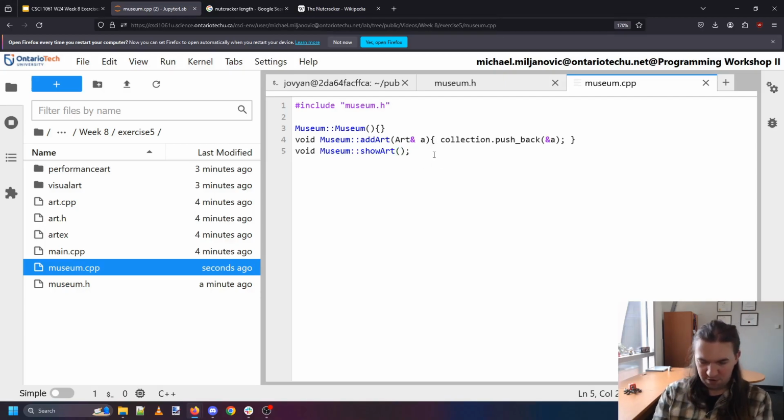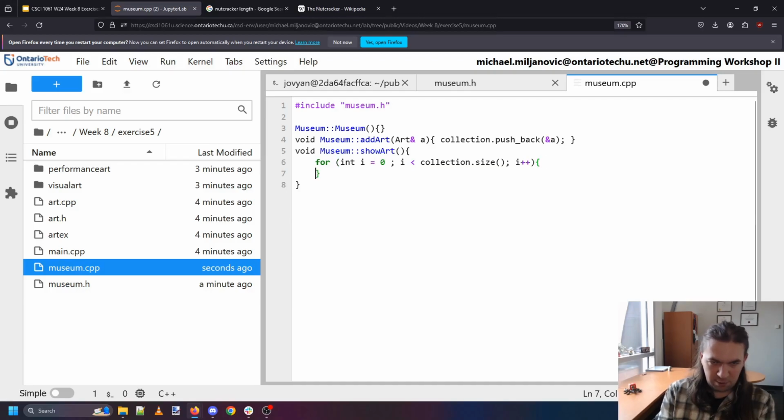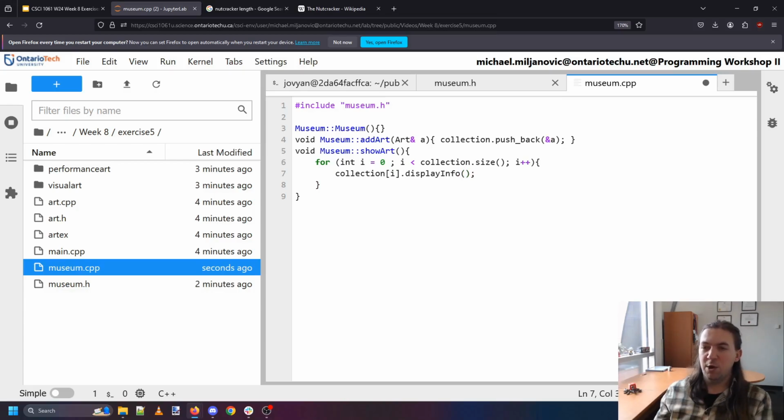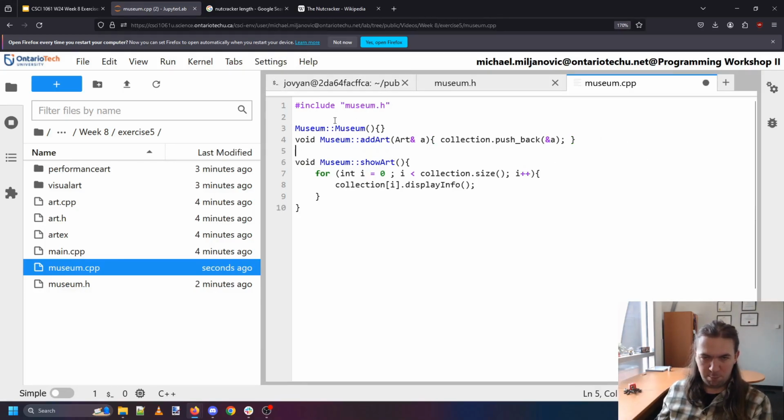And now show art is pretty simple. For i is 0, i is less than the collection size, i plus plus. Collection i dot display info. And this is nice because remember, all of our art has info that we can display. So if we've done this all correctly,